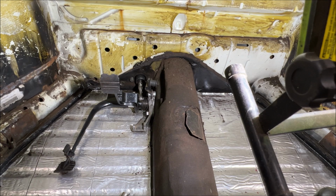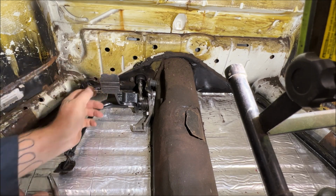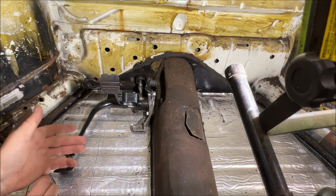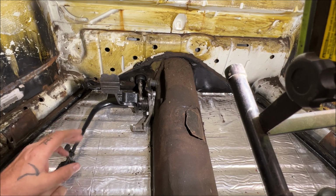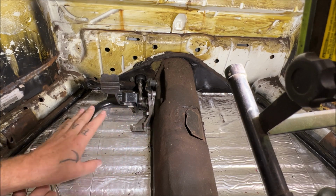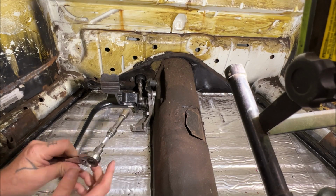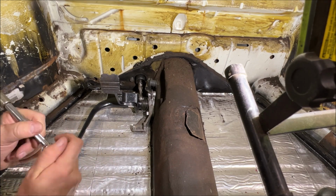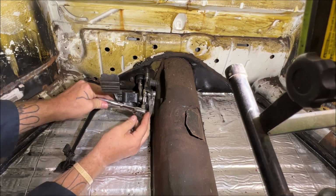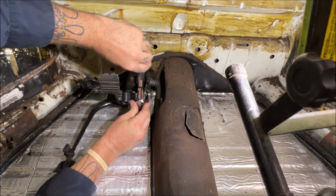Okay, we are inside the car. You have two 13mm bolts. Now, obviously, you don't have to remove your master when you're doing this. I'm just doing it to get it out of the way. I only hooked all of this up so I could do a video on the pedal assembly and a master cylinder install. I do things in a certain order for camera angles, but you guys have already known that from me talking about it. So let's go ahead and get,